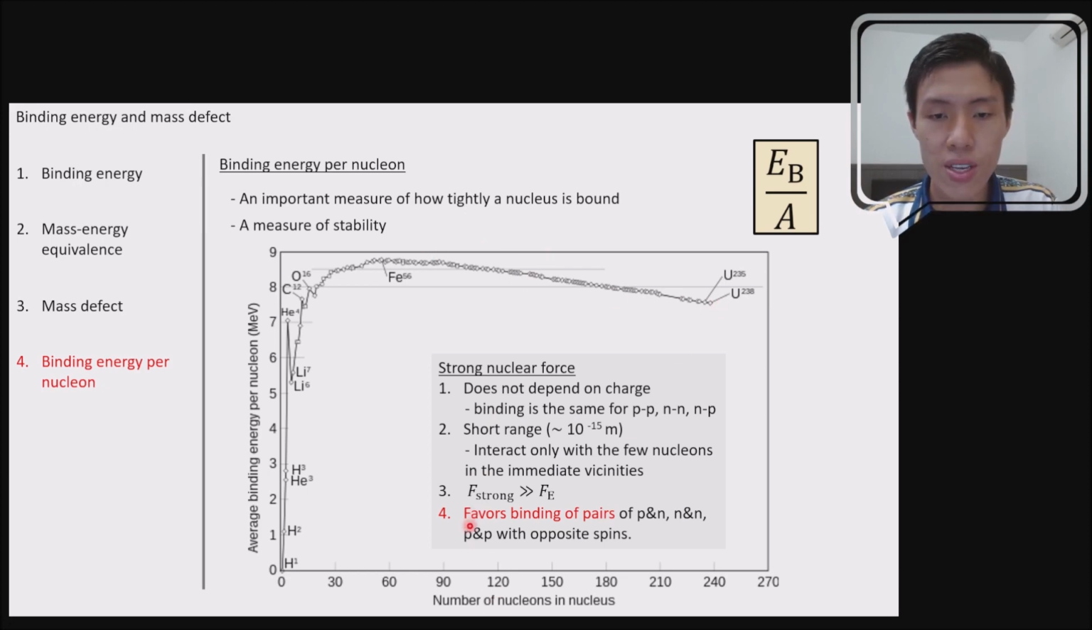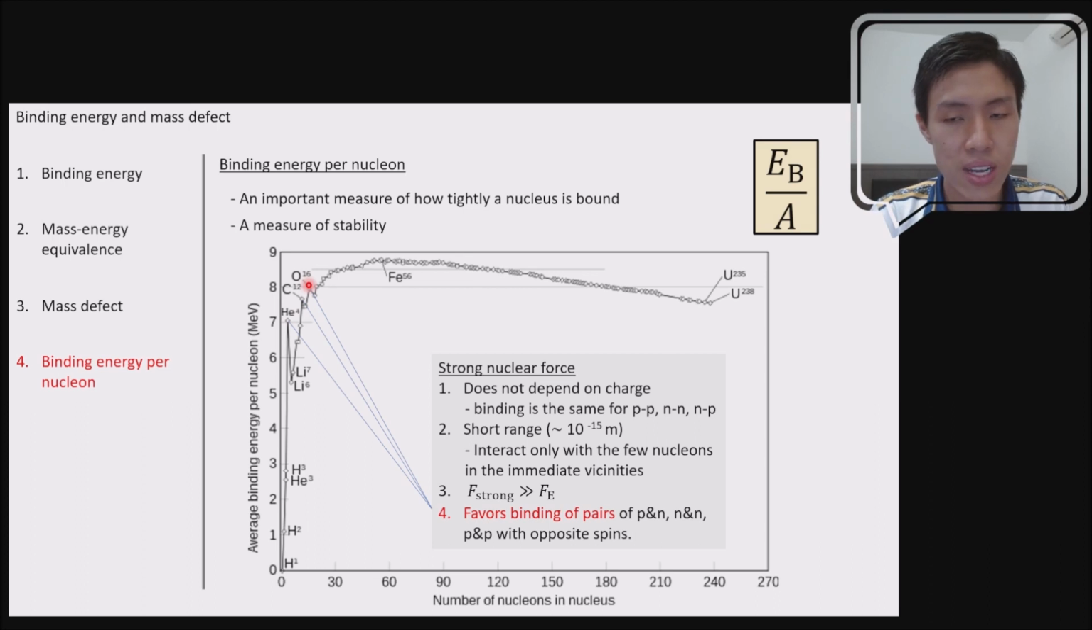Okay, the last point over here favors binding of pairs: proton and neutron, neutron and neutron, proton and proton, with opposite spin. This one is to explain why you have this unusual peak over here for helium-4, carbon-12, and oxygen-16. These peaks here are unusual because they cause this increasing trend to be not smooth. So it should be a very smooth curve, but you can see three unusual spikes over here. So these three unusual spikes, people usually call it the doubly magic. Doubly magic. Okay, you can read about it in Wikipedia maybe, but the idea is for this kind of nucleus